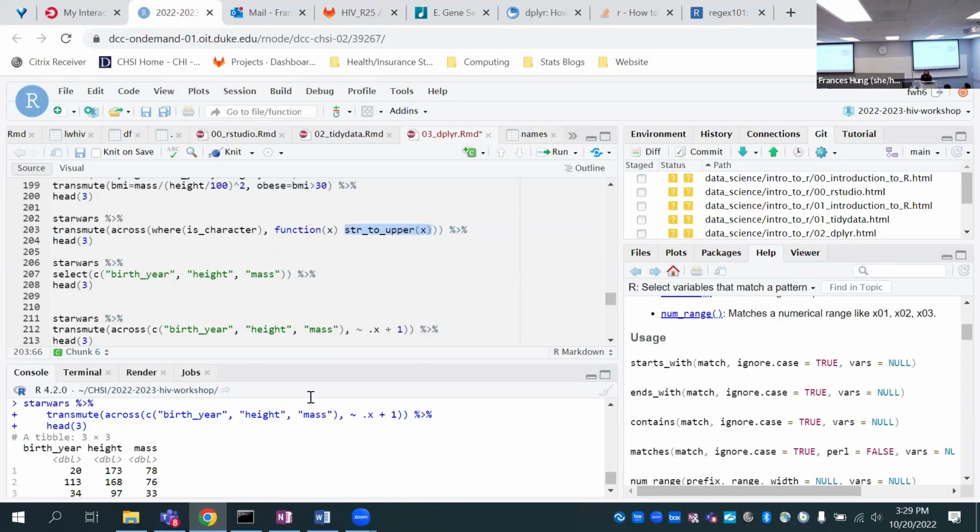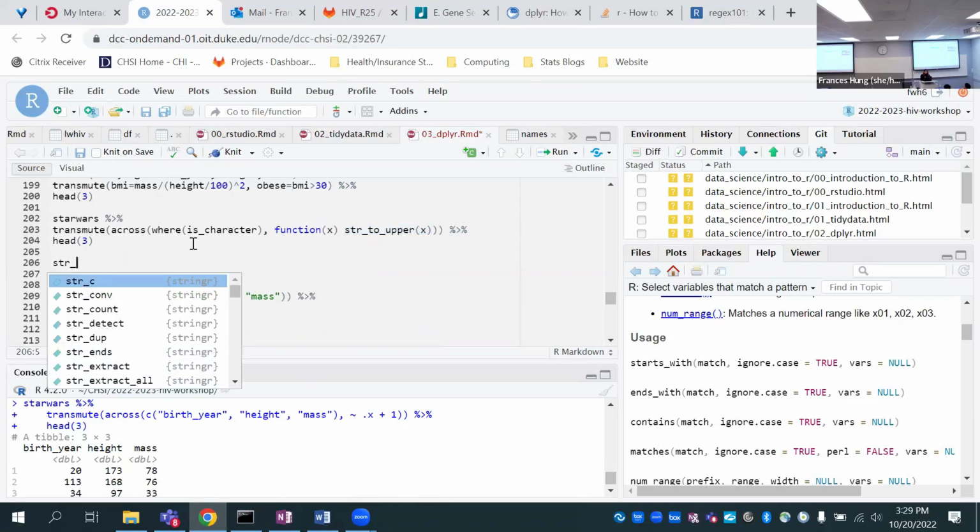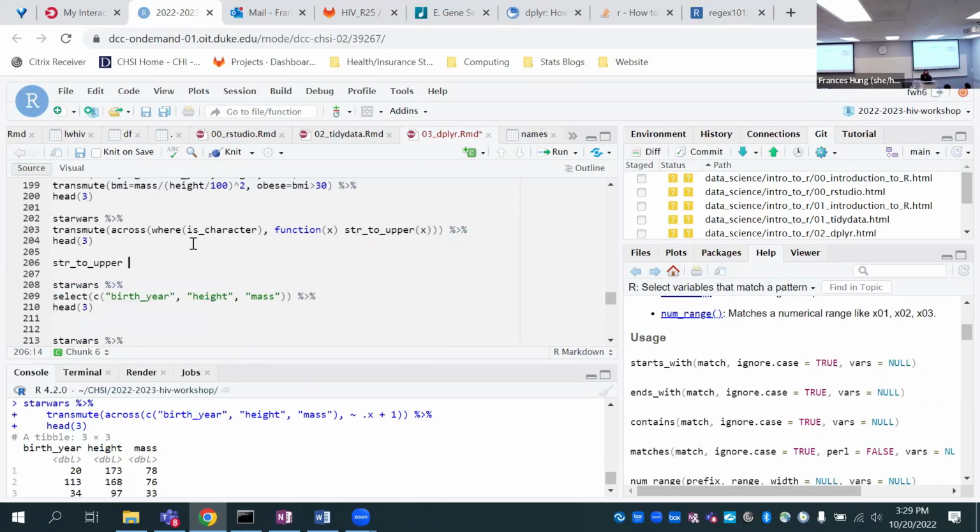So I know we went over functions last time, but I know it's been a while. So just as a refresher, remember we defined functions kind of like this. In this case, this string to upper function has been written by the dplyr folk, and it was probably written something like this.